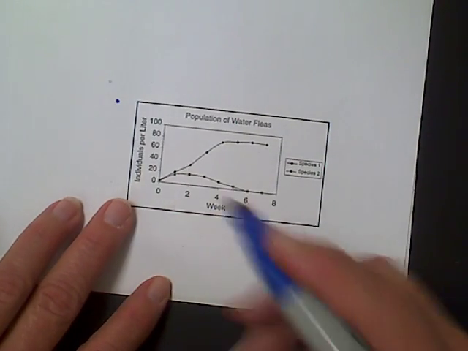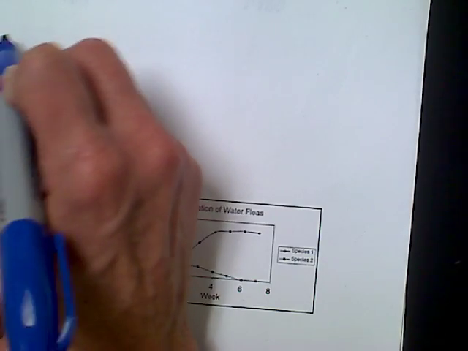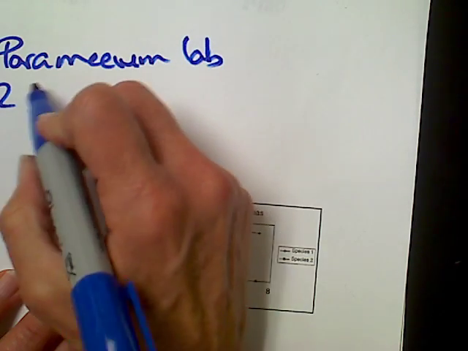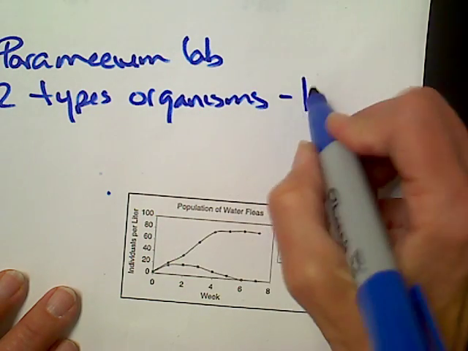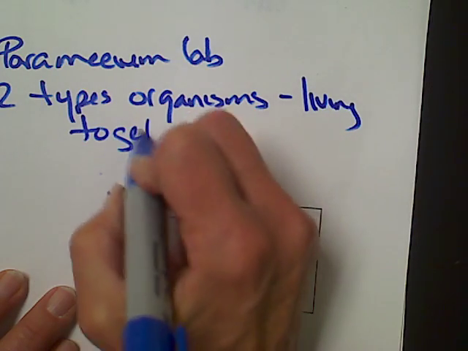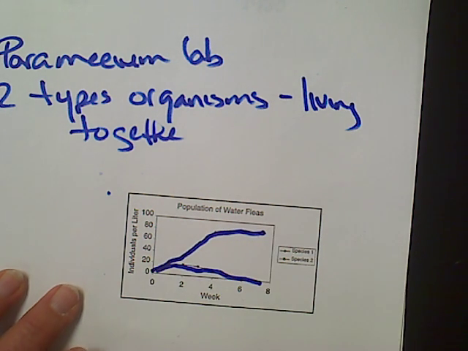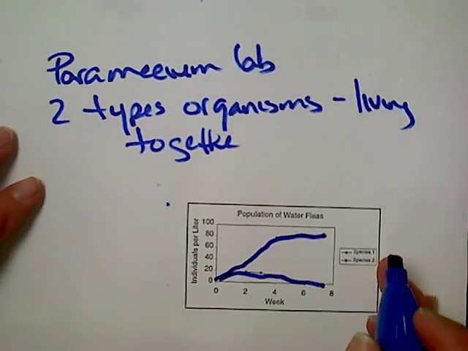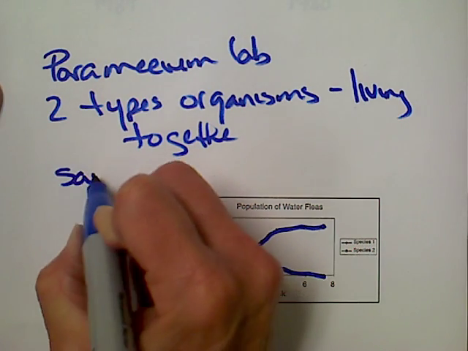Here's another type of graph here that we have, and this is very much like our paramecium lab that we did. We have two types of organisms in here, and they're living together. And we have one that is just absolutely thriving and one that's not thriving so much. So what do you think it is that's causing one to live and one not to live in there? What are some of the things? If we have the same food supply in there,